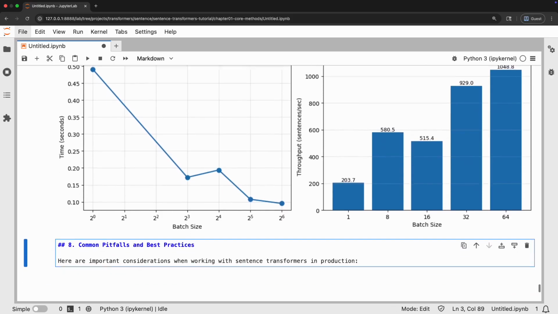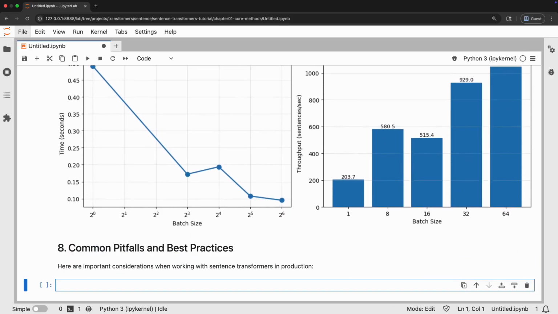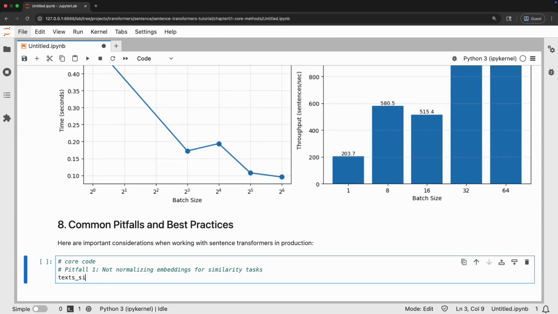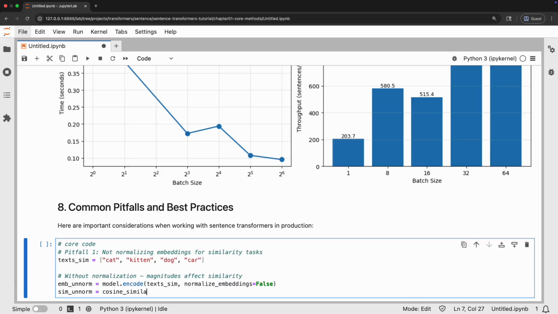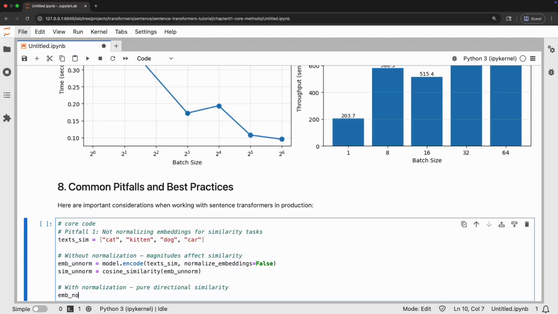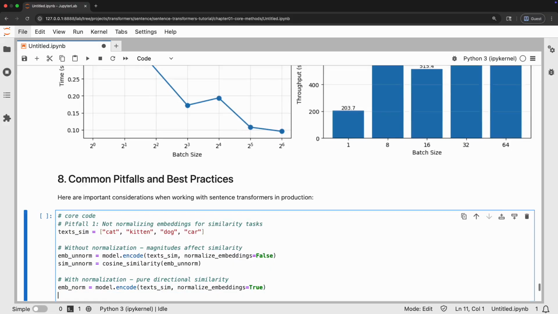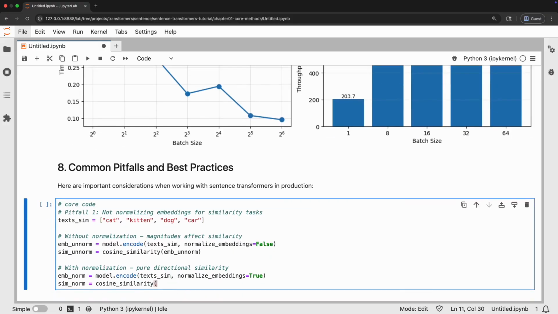Let's explore important considerations when working with sentence transformers in production environments. Understanding these pitfalls will help you avoid common mistakes. First, let's examine a common misconception about normalization and cosine similarity. Some developers worry about whether to normalize embeddings before computing cosine similarity. Let me demonstrate that cosine similarity inherently handles normalization, so the similarity scores are identical whether you normalize the embeddings